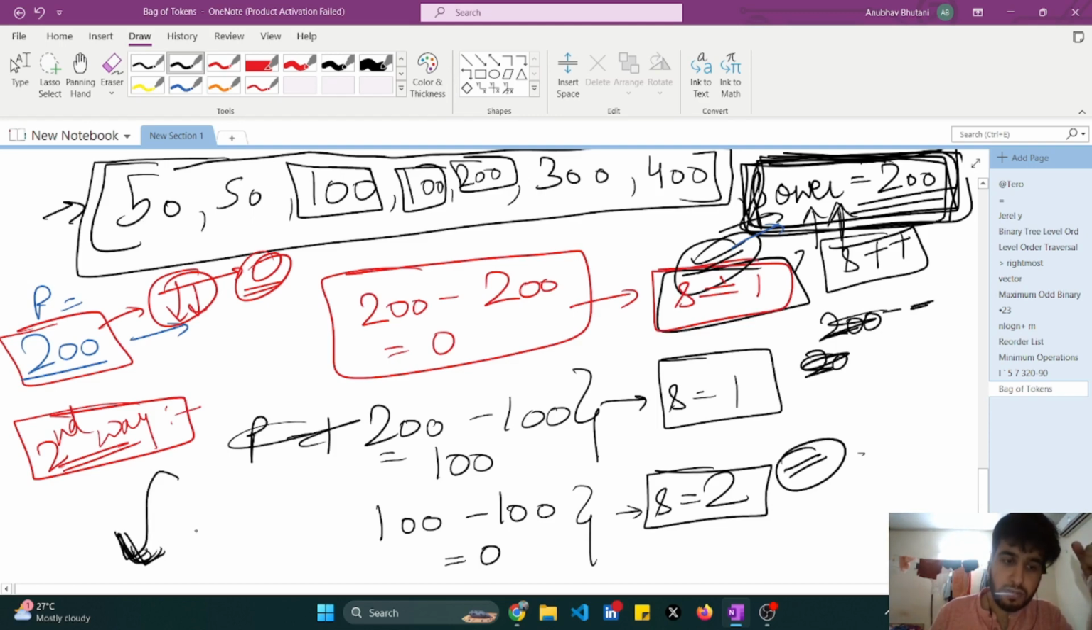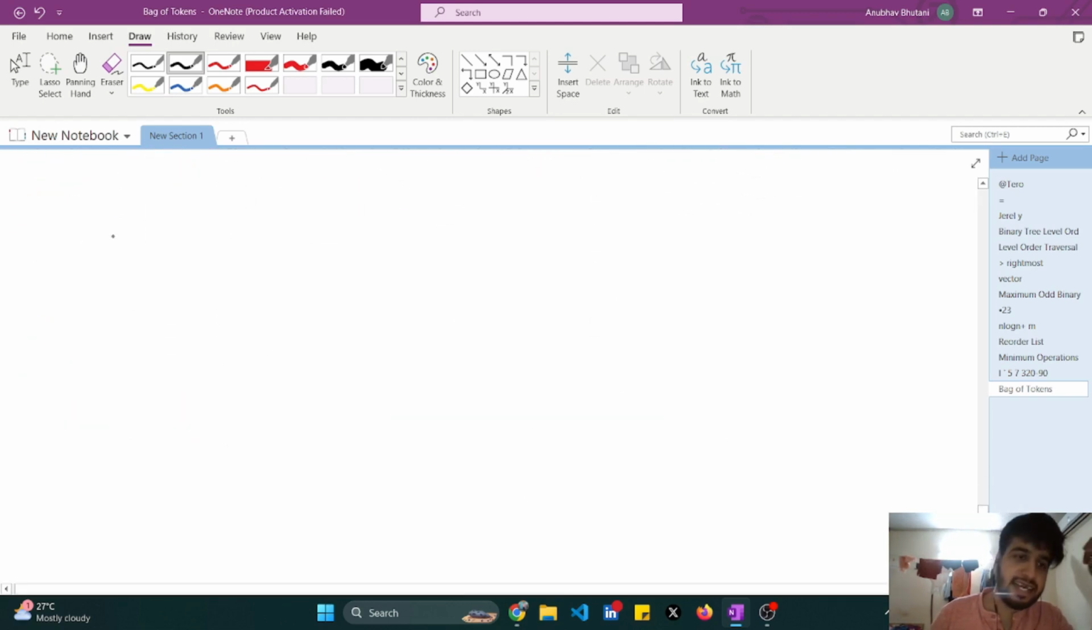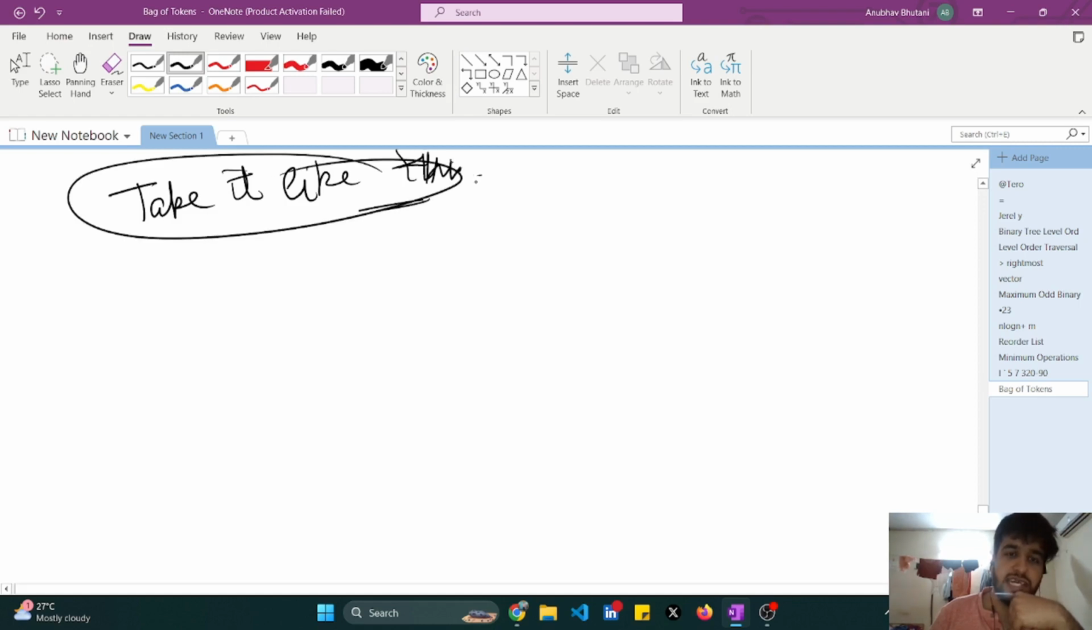bag of rice in one go, and the other is picking up one element, picking up one rice, and then pushing it. Suppose, take it like this. Suppose your boss